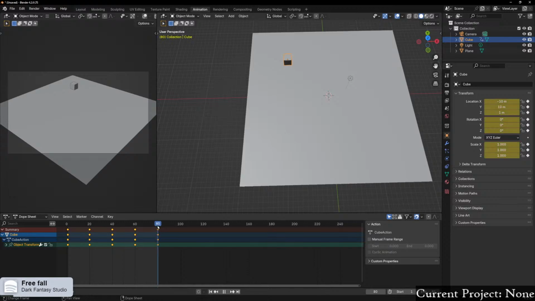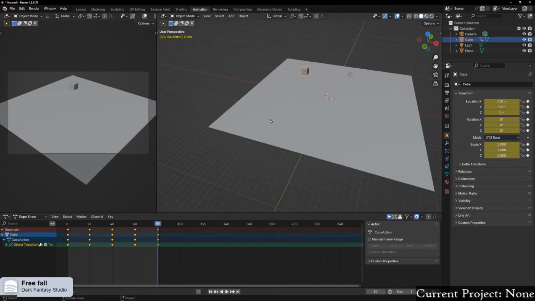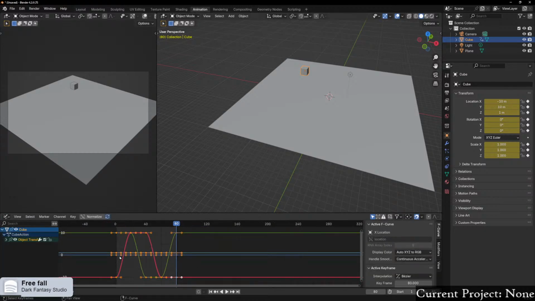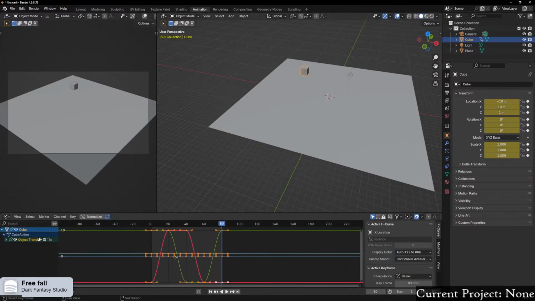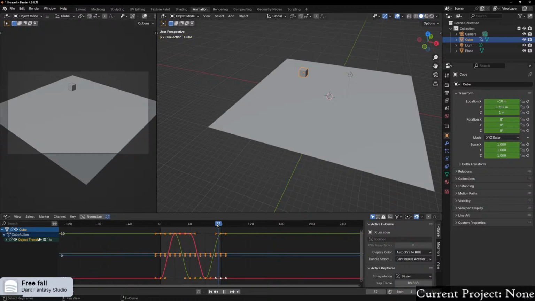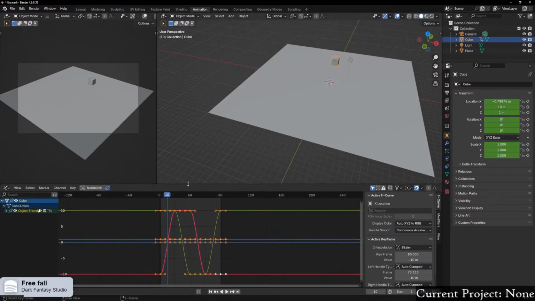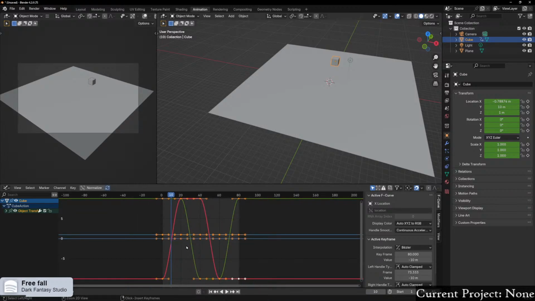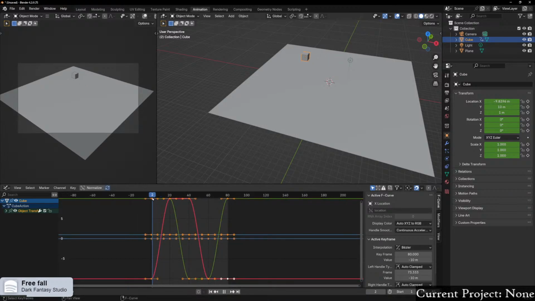Now, obviously that's the basic movement, but if I want to do easing, I'm probably going to have to go into the graph editor, I believe it is. Yeah, here we go. I'm just going to drag this up a bit so I can see what I'm doing. Alright, so first position,